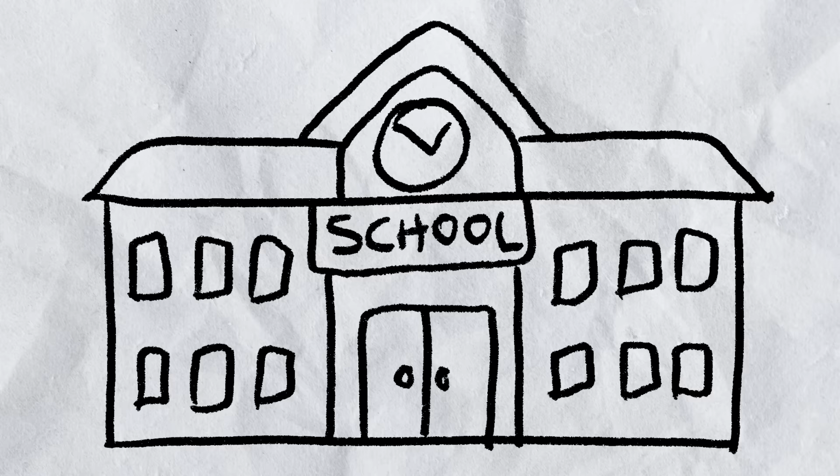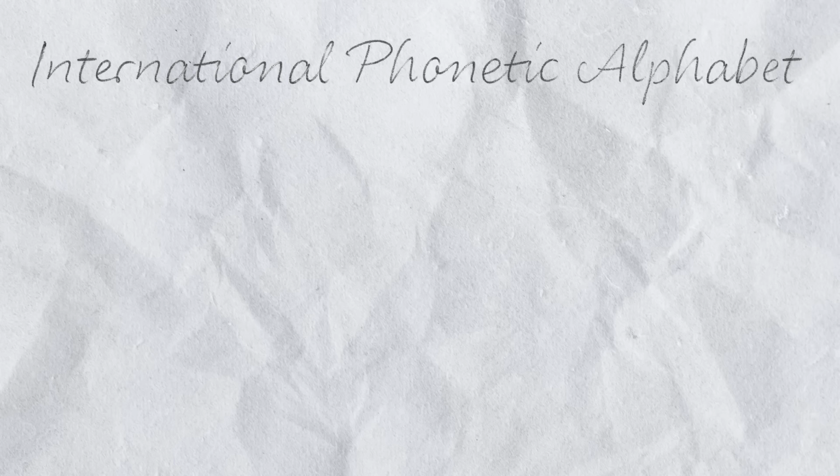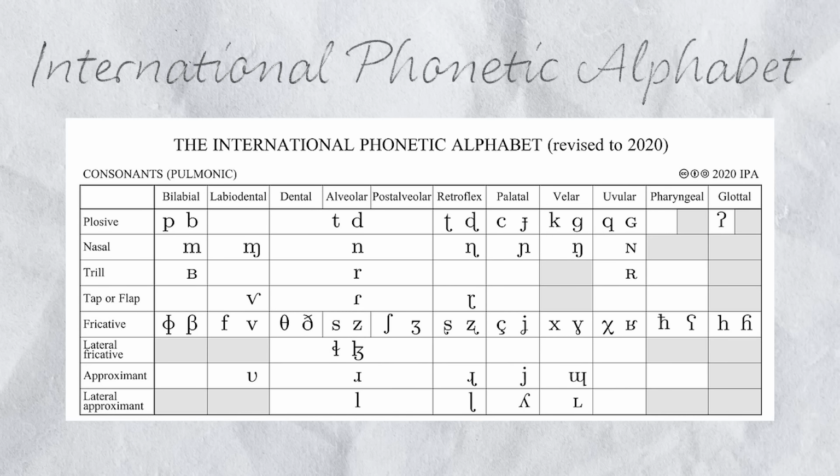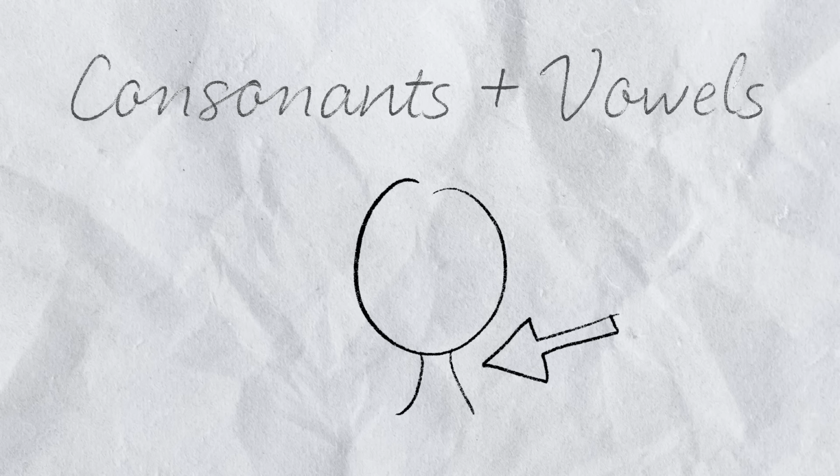If you ever take a phonetics class, it will mainly focus on teaching you about how sounds are produced by showing you diagrams of the mouth, tongue, throat, etc. You will also be expected to learn the entire International Phonetic Alphabet, which is the alphabet used by linguists to represent every possible sound that humans can make in every language. You will also need to identify a consonant or vowel solely based on the description of how it's produced in